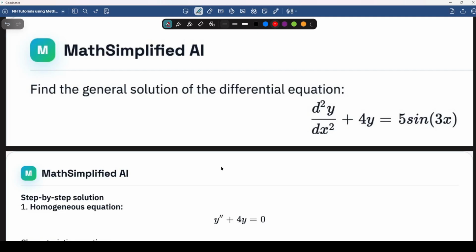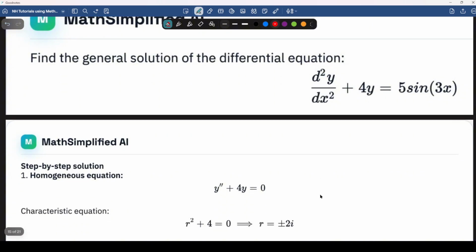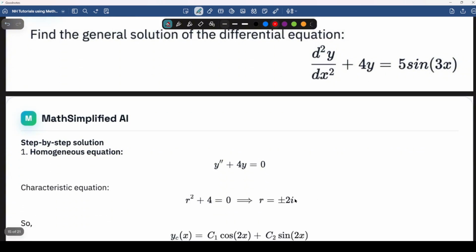Okay, next, find the general solutions of the differential equation d squared y over dx squared plus 4y equals 5 sine 3x. Okay, this is another differential equation, particularly non-homogeneous, with the non-homogeneous part having a trigonometric function. So to solve a non-homogeneous differential equation, we first take the characteristic equation,